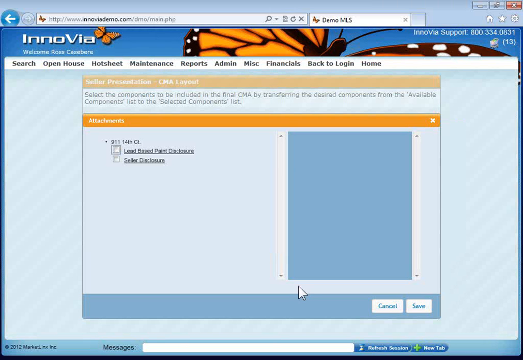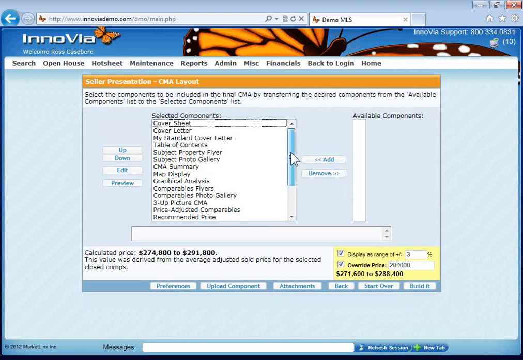So if you click on that, that's going to show you a list here of your subject property as well as any other comparables that may have documents that are available to attach. In this case, none of the comparables that I pulled up actually had any documents attached to them, but this subject property has those two that we loaded up earlier. So I could come in and check those off and then click Save, and it's going to take those documents and add those into my CMA presentation so that I can use those in my